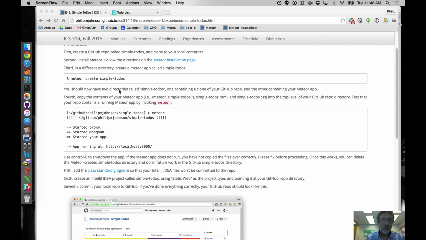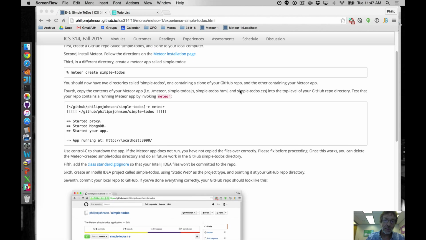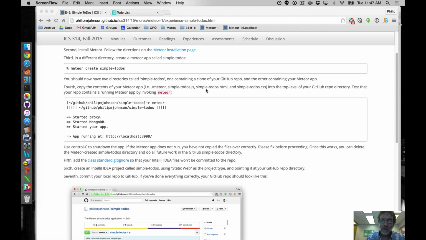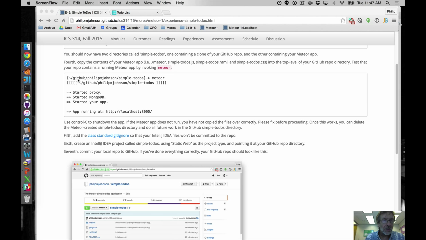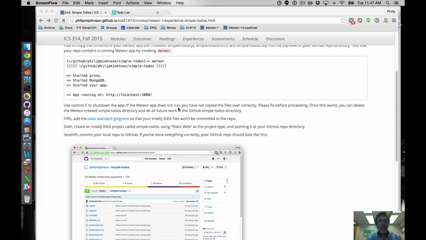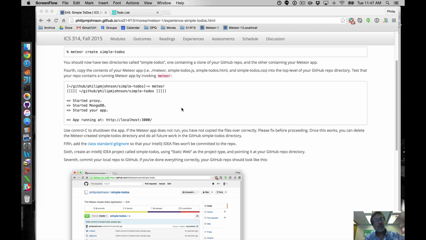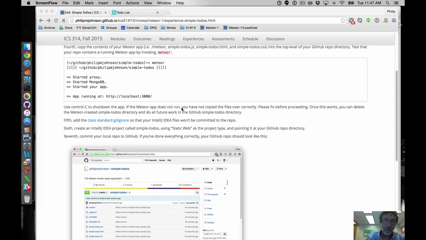Now you're going to have two directories called Simple To-Dos, and you're going to copy the contents of your Meteor Simple To-Dos directory into the GitHub cloned repo directory, also called Simple To-Dos. And there's basically three files and one subdirectory that you need to copy over. Once it's there, you should be able to cd into your GitHub Simple To-Dos directory, type meteor, and everything should work fine. Okay, and now of course you can commit this to GitHub,